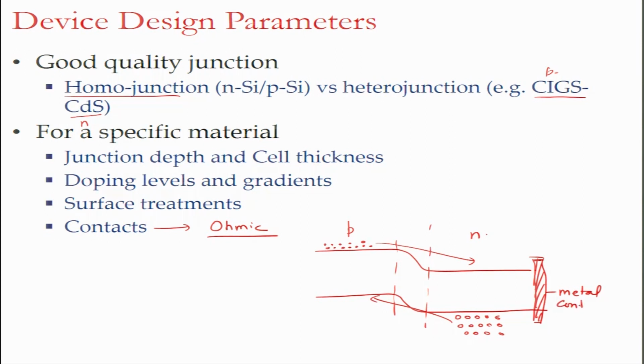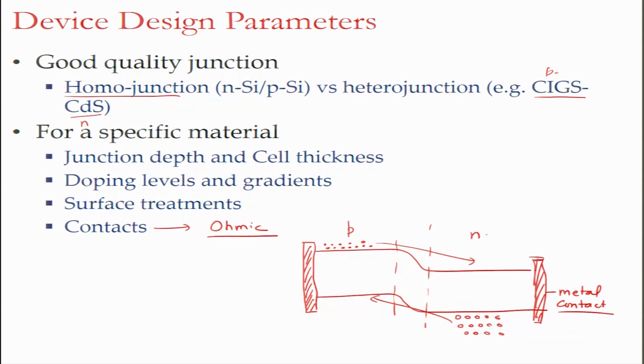Metal contact. Metal has a Fermi level, right. The Fermi level of the metal should be aligned in such a manner that you have electron collection. Electrons should not be blocked by the energy level of the metal. Similarly, on this side you have another metal. The Fermi level of that metal should be such that the holes are not repelled, they are collected by the metal. So, metal must make an ohmic contact with respect to both electrons and holes on both sides of the solar